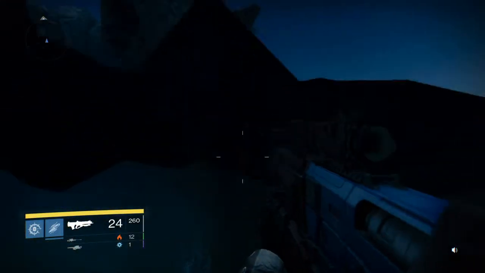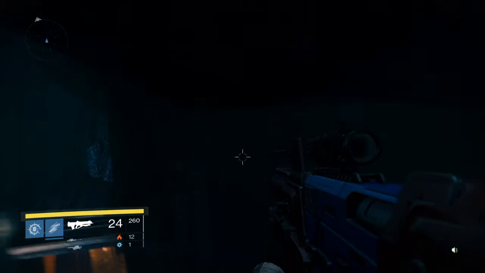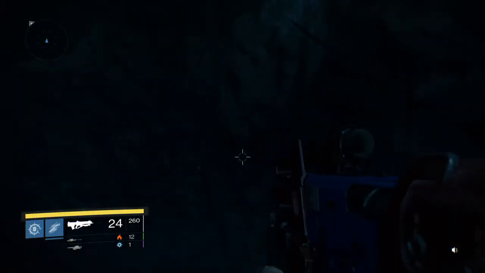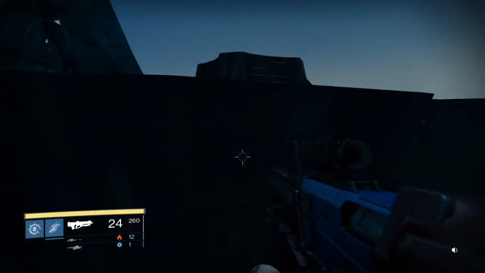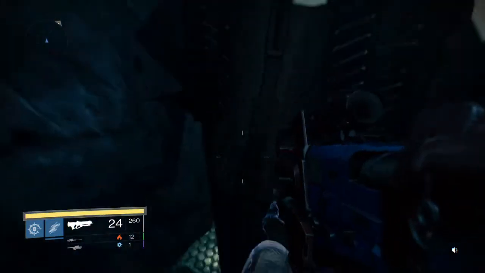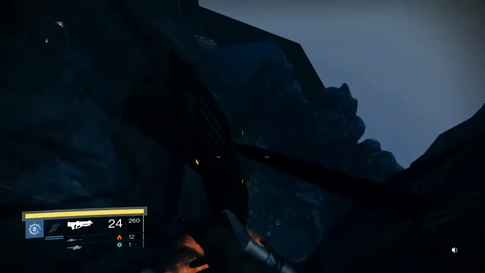So here is the hardest part of the glitch. Now, no matter where you go here, I think you cannot fall through. So I think no matter where you go in this little area, I think you're good. Now, here's the hardest part of the glitch that I might have to do in a couple takes. You want to make sure that...